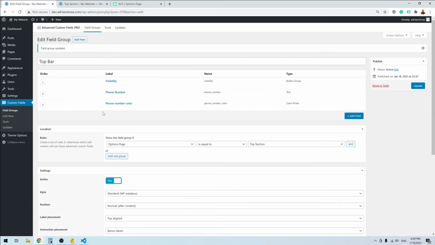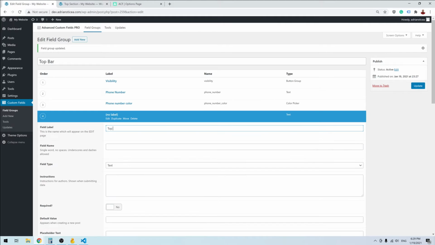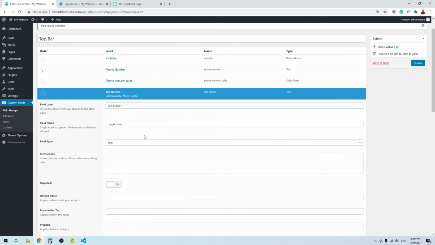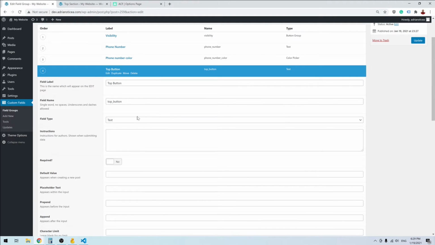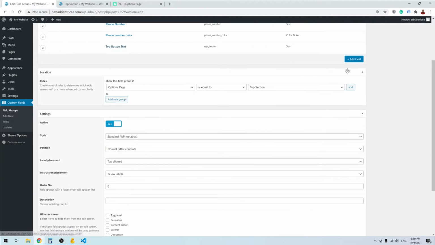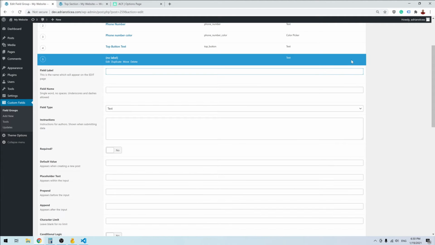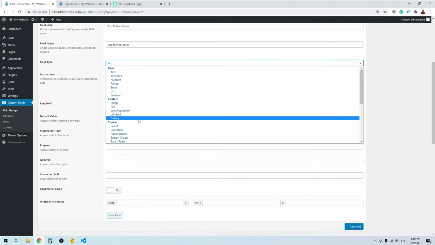Next, I want to have a call to action, a button on the top section, top button, and it will be a text. So let's say top button text. Okay, and next I want to have the top button color, and let's see,